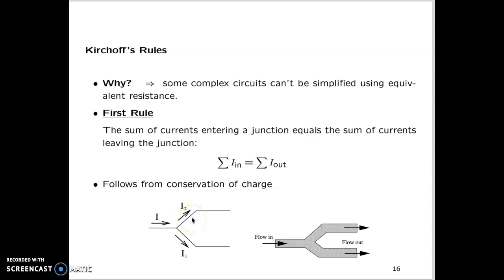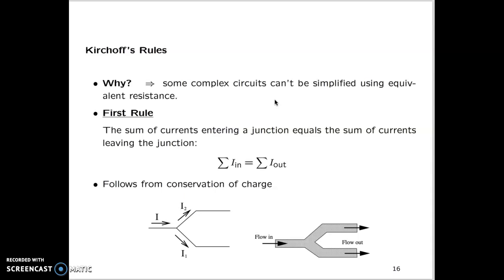Okay, so let's consider a different way of analyzing circuits. So far, we've considered the approach of equivalent resistance, and we've seen how that can be used to simplify some kind of complex circuits and solve the circuits. And what we mean by solving the circuits usually is after you construct a particular configuration